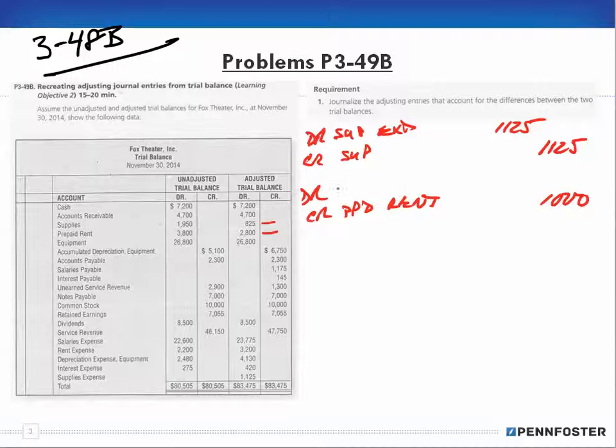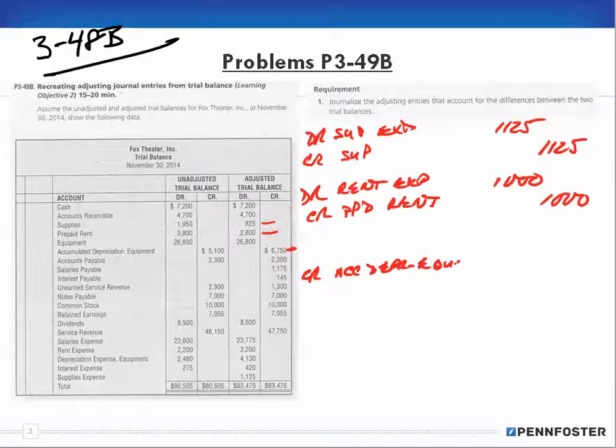Well, if it's prepaid rent, I look at my expenses and I see a rent expense, so that's 1,000. Next one is equipment, which is fine, then accumulated depreciation. If I have a credit for 5,100 and it increases to 6,750, that means I'm going to credit accumulated depreciation